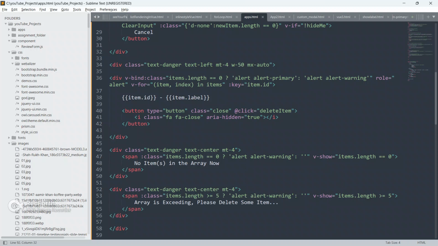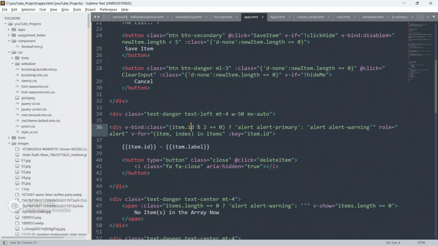So to do that, what we will do is bind. Just here we will check if item dot id modulo 2 is equal to 0, then this, otherwise this.